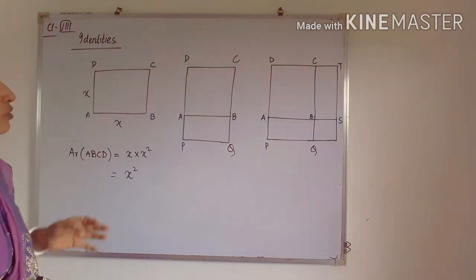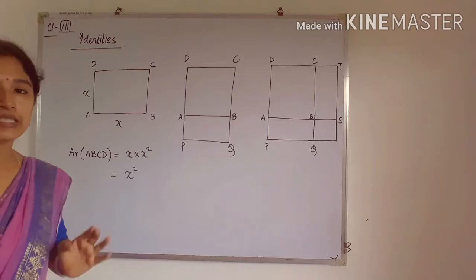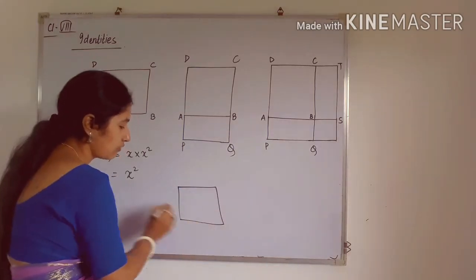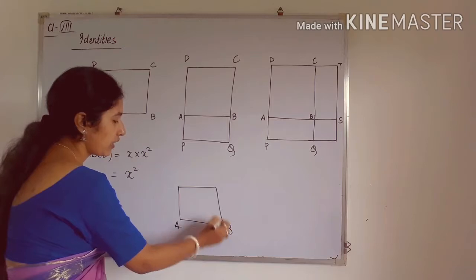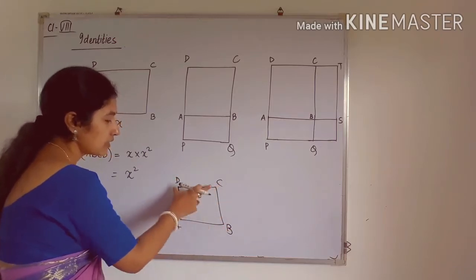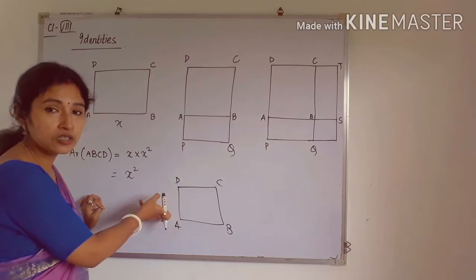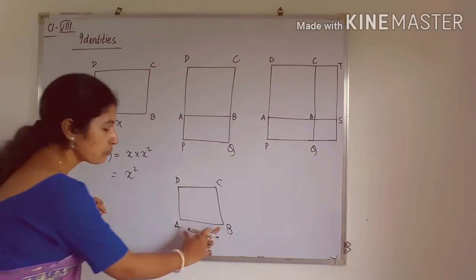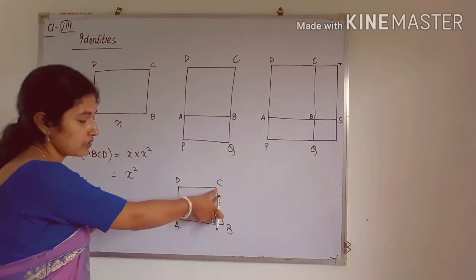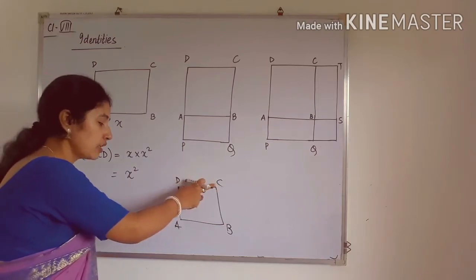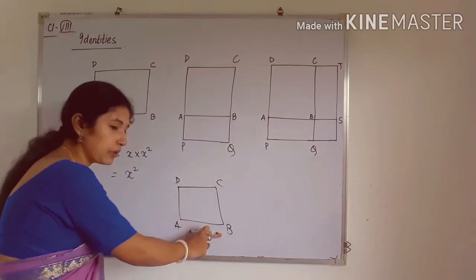Okay. So now what will happen if I extend, or you can say produce, two sides of the square. So here we are producing two adjacent sides. See, what is the meaning of adjacent side and what is the meaning of opposite side? First see, this is a square ABCD. AB and CD are opposite of each other. Similarly, BC and AD are opposite of each other. And what is adjacent? AB is adjacent to BC. Similarly, AB is adjacent to AD. Or you can say AD is adjacent to CD. AD is adjacent to AB.